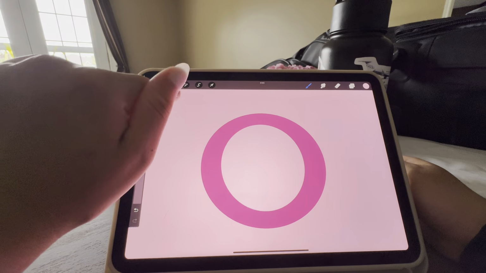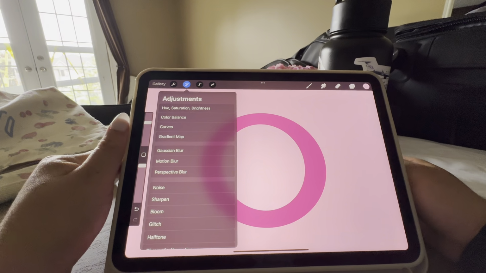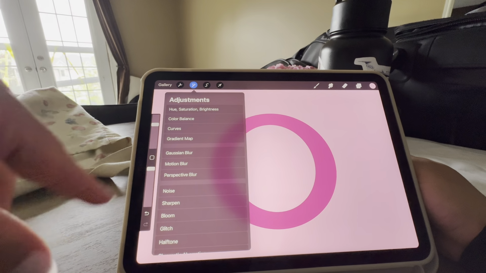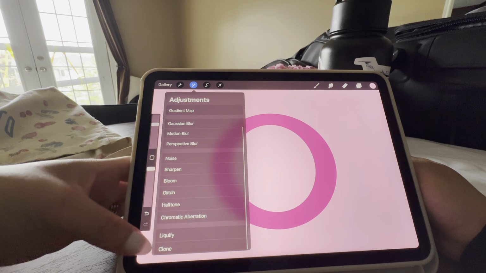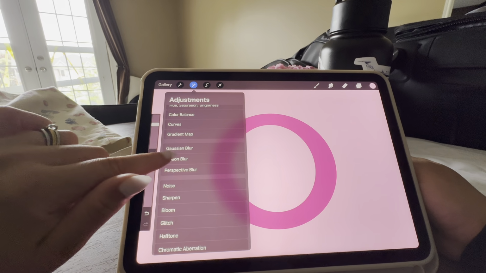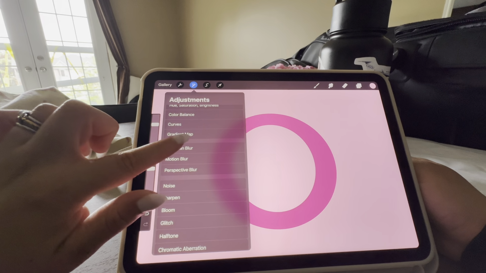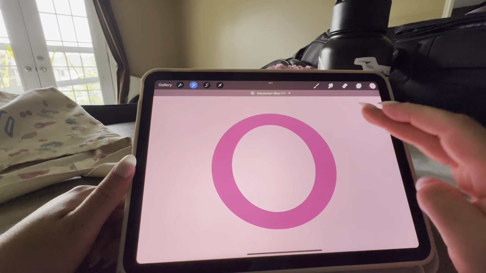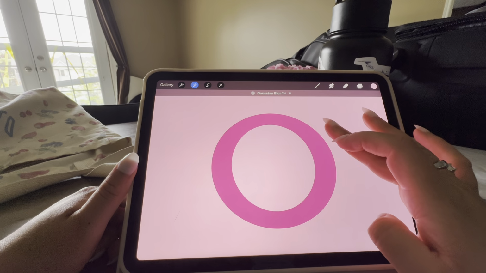It looks like a pencil with stars. Press on that. So there's a bunch of different ones. We're going to play around with a few of the different ones. There's Glitch, Liquify. There's a bunch of fun ones, but one of my favorites here is Gaussian Blur. So we're going to press on that, and we are going to blur the separate